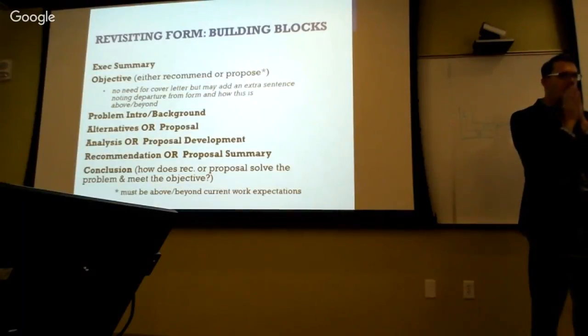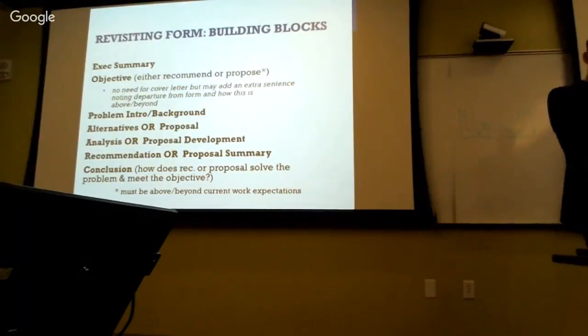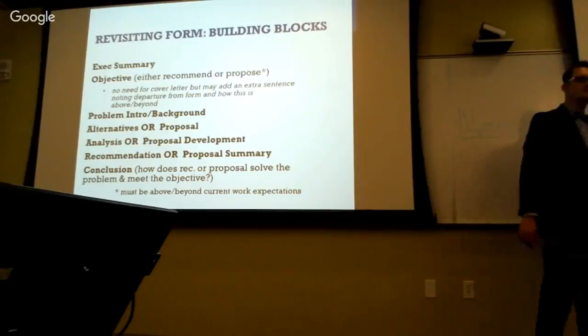Okay. So how much of that type of information, I guess the tools that you use to do your research, is appropriate to put throughout the paper as opposed to in the appendix? Maybe another way of asking that question is, we talked about a couple paragraphs for the executive summary, a paragraph for the objective, a couple paragraphs for the background, a couple paragraphs for the proposal. We're at 3 pages now. So does that mean 12 pages are for the proposal or analysis development?